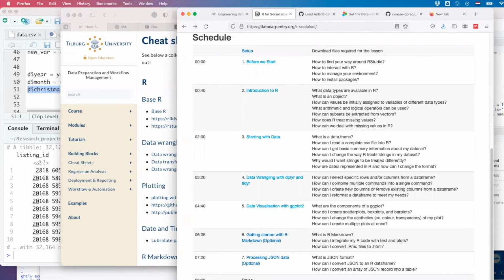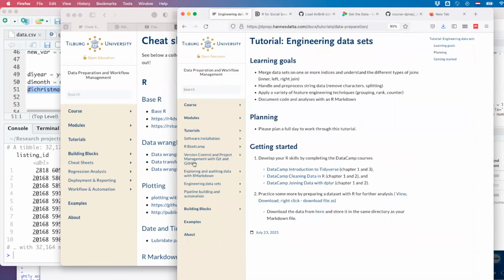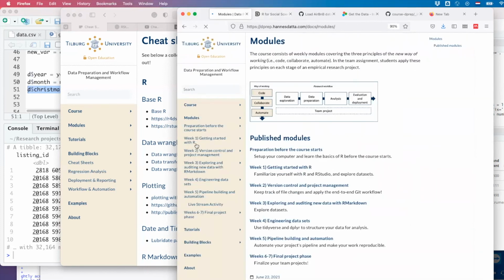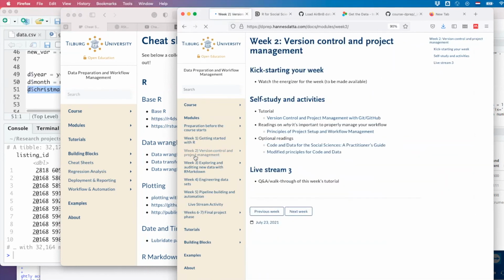So are there any other things? Otherwise, I'll just give you a brief preview of what's to come next week, because next week is going to be really amazing. I showed you today how to get started in R. R is our workbench for getting stuff done with data, whether prepping or analyzing. Next week, you get introduced to the magic of GitHub. That's like versioning files, unlimited rollback possibilities, and managing your project in a professional way.